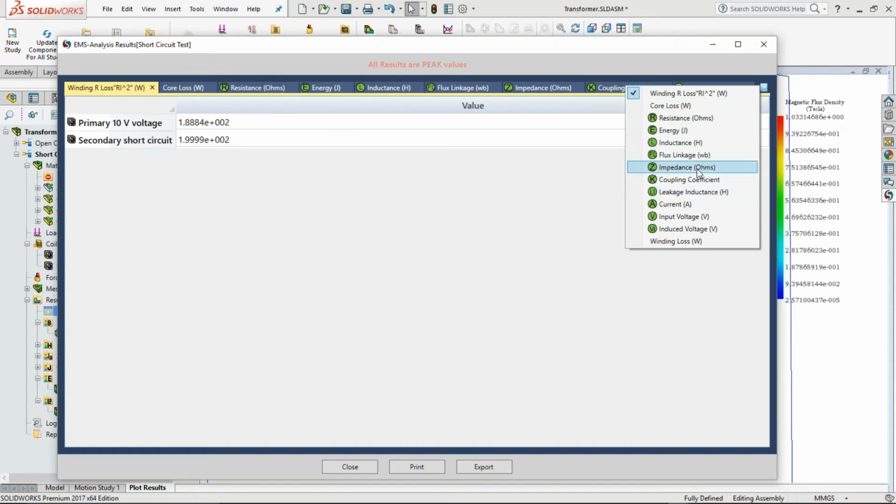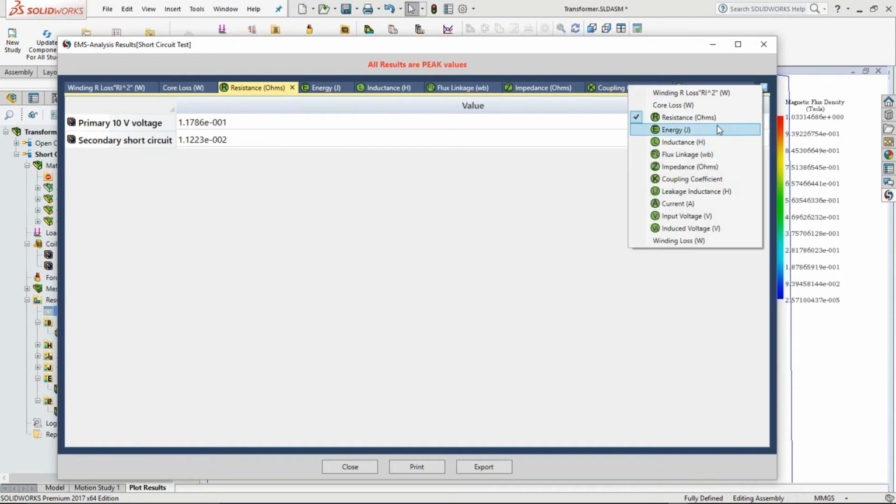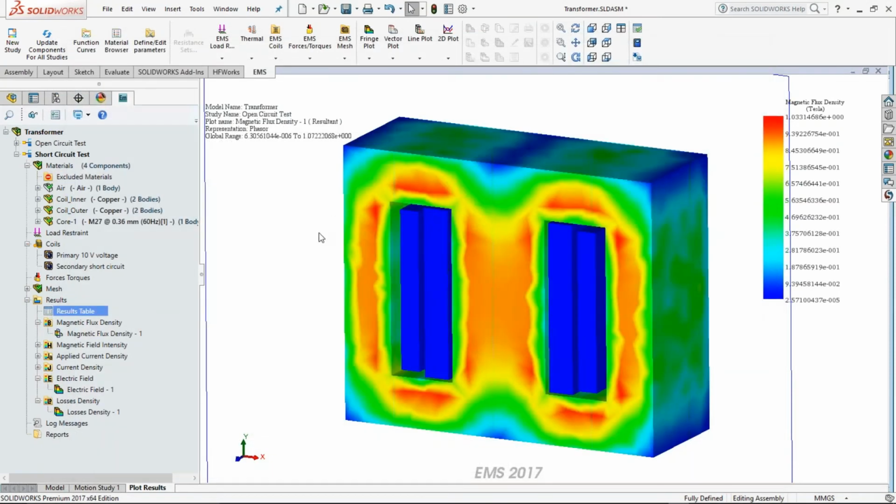The resistance values that are computed by the program are really the DC resistance. What you see here is the DC resistance. We also compute the impedance in the open circuit test, as you saw. So you can get both the impedance as well as the resistance, both the inductive component as well as the resistive component. With this, it pretty much gives you a good idea of how you can do a simulation of your transformer inside